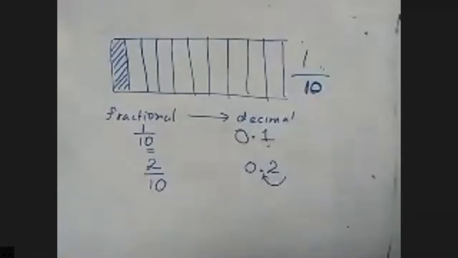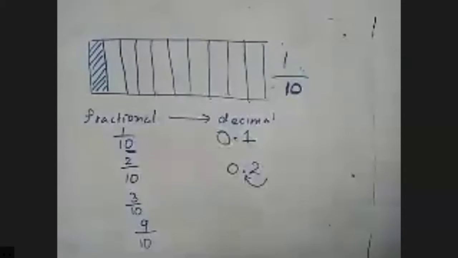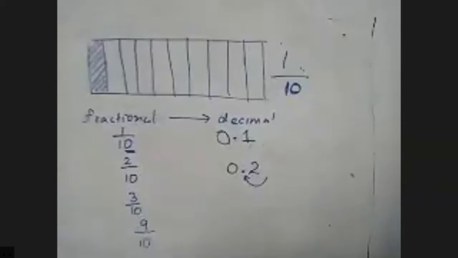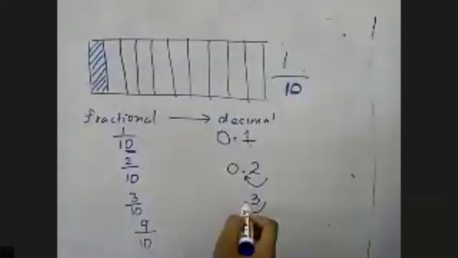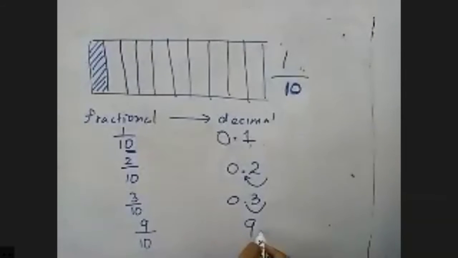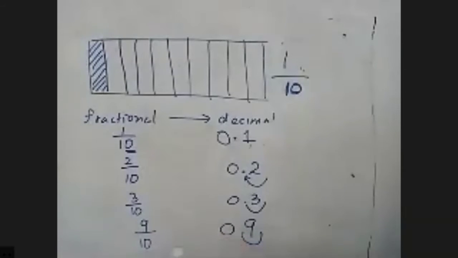So try to do these things on your own and write them in decimal format. Here in these two examples also, in a similar way, I'm writing the whole number decimal here, moving it to here: 0.3. Here writing the whole number decimal here, moving it to the left-hand side: 0.9. So these are the ways of writing your answer in decimal format when they are given as fractions.